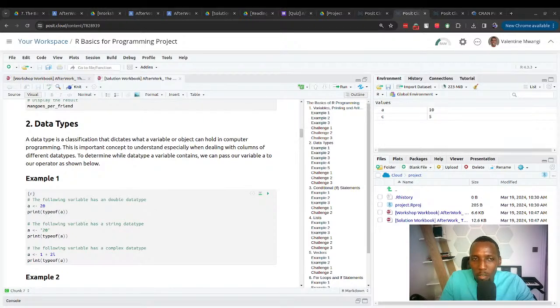If we store a value of 20, an integer, inside variable A, and then store another one as a string or text inside variable B, we can't multiply those together